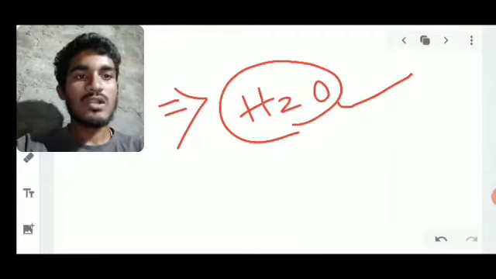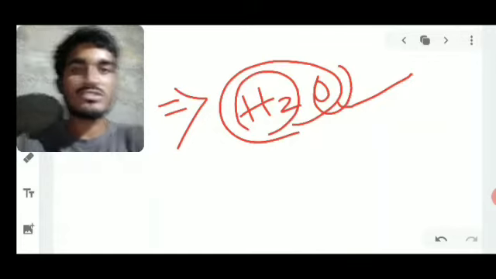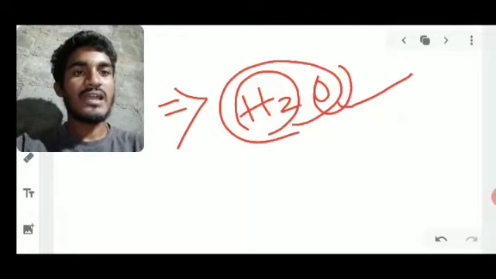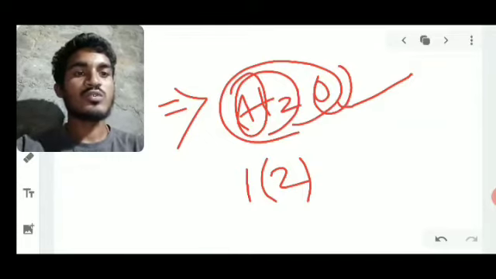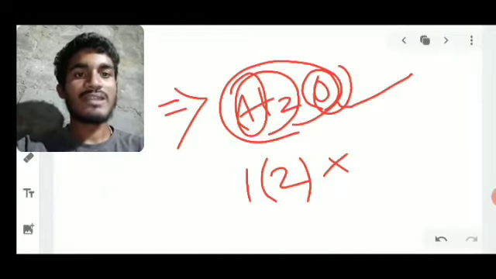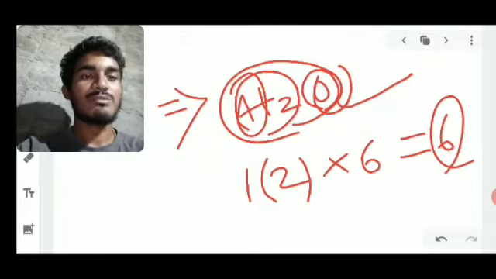So here, water means H2 and one oxygen element, electronegativity atoms. This is an electronegative atom. So first count the valence electrons. Here hydrogen valence electron is 1, so for 2 moles, 1 into 2. And next oxygen: its atomic number is 8, so valence electrons are 6. So totally we have 6 valence electrons in the water molecule.